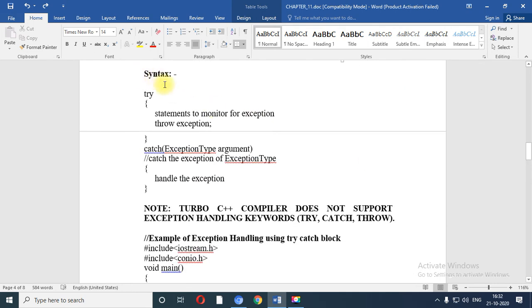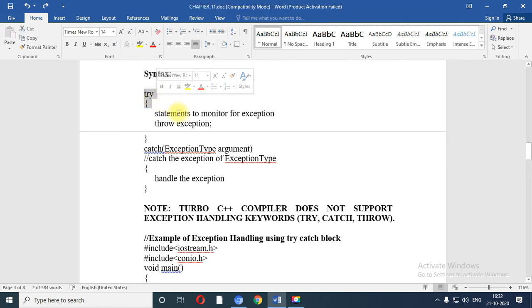Now here is the syntax which you need to keep in mind. Inside the try block you need to put the statements which you want to monitor for exceptions. Similarly, you can write the throw keyword, and whatever exception you want to throw, you need to write over here.